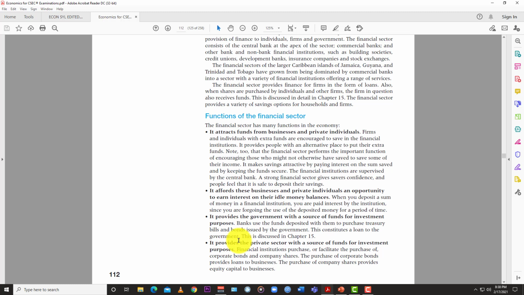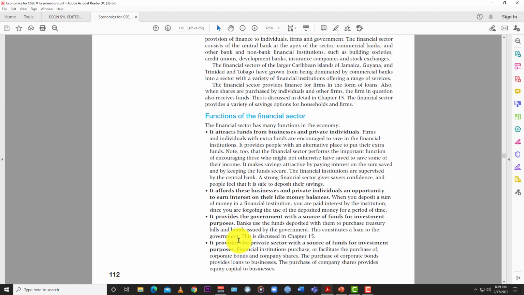So they're saying that the banks can now take that savings and invest it, right? So they can lend it out to the government, and that would in turn give the government some source of funding for various capital projects and those kind of things. Because some of the treasury bills and bonds, they're not due until maybe 30 years or 10 years, that kind of stuff. So the government has more than enough time to repay the bank with nice interest.